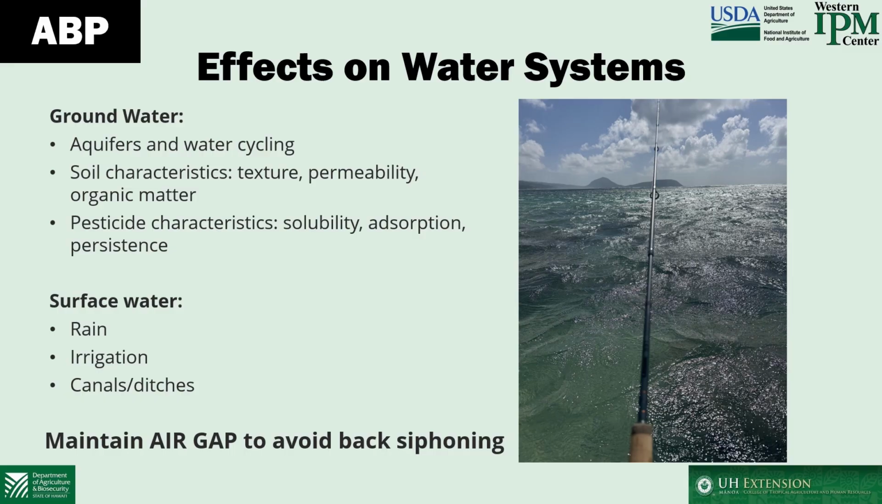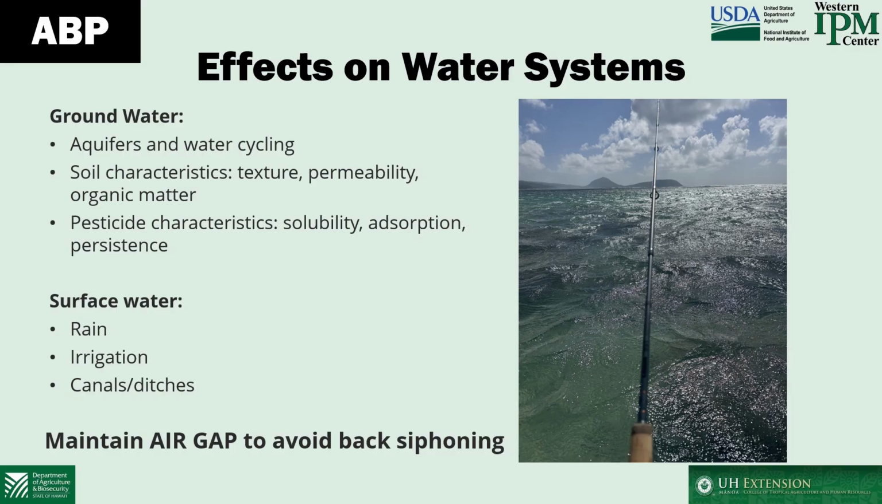So pesticides can also affect water systems. And that's especially relevant here in Hawaii because we get all of our drinking water through aquifers in the ground. So what determines how pesticides move through the ground is a combination of the characteristics of that pesticide and the characteristics of the soil. And so we're going to get into specifically soil characteristics and pesticide characteristics on this next slide, but